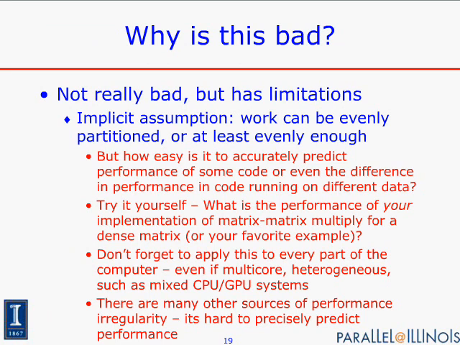So, for example, if we go back to that example where I divided the mesh among my processors, there was an implicit assumption there that by evenly dividing up the mesh, the number of points that I was working on, I had evenly divided up the computational time, even more so than the computational work. And that's just not reasonable anymore. In many ways, it never was too reasonable.